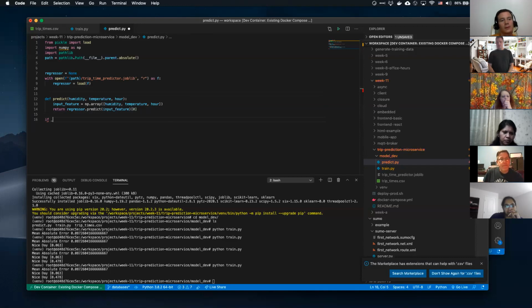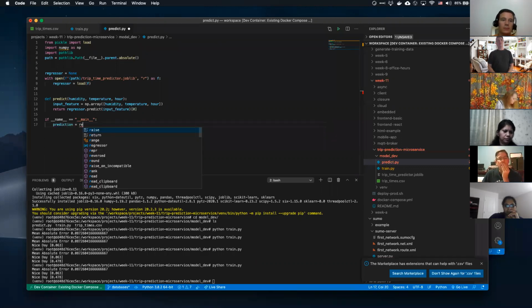Then, just so that we can test this, we're doing a little bit of Python stuff here. I'm going to say if this file is run as the main file, then I want to run this code. Otherwise, don't run this code. This is important because it also allows us to import this file as a module without running code in a specific way. So I'm going to do some double duty here and actually test this thing.